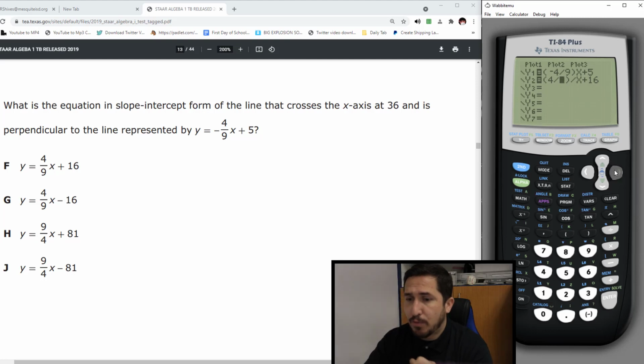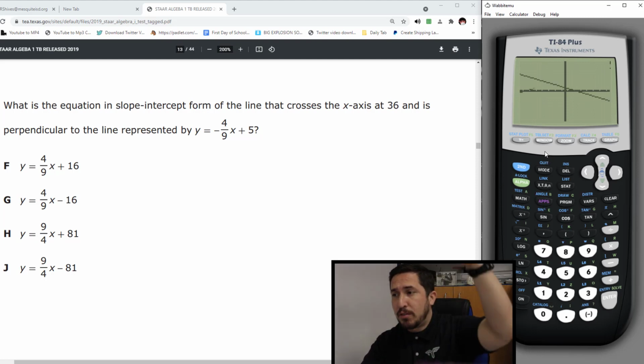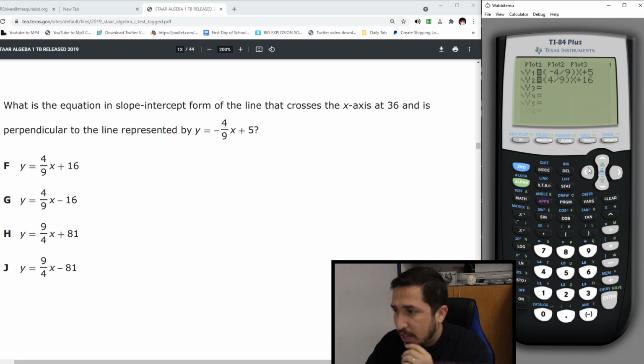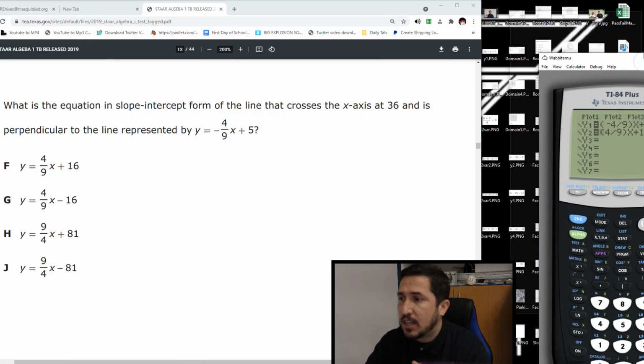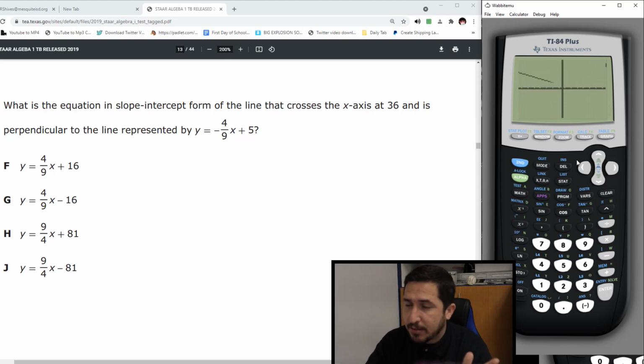Choice B says 4 over 9. I hit another divide. I put too many division signs. I'm sorry. You're right. There we go. There's the first one. It always grabs them in order. There's the first line. There's the second line. All right, this guy's going the wrong direction, so it's not choice F. Let's go to choice B. Change this to a minus 16, because of the way you say it in the calculator. It'll make sense. So it's going to be 4 over 9x minus 16.